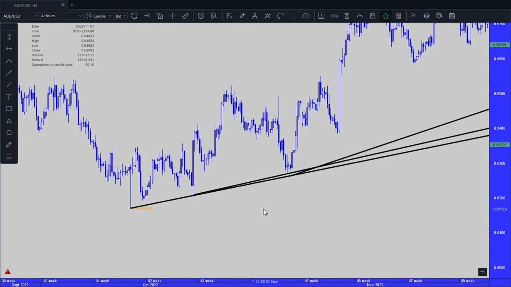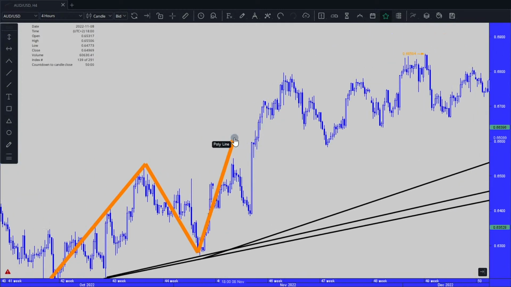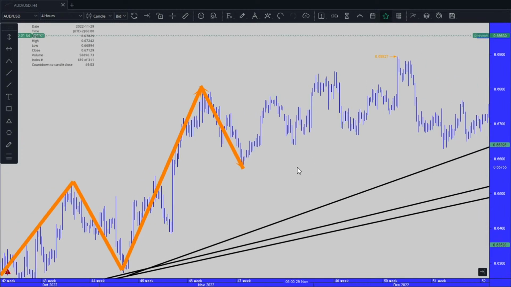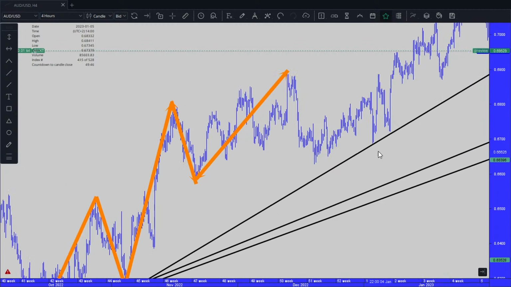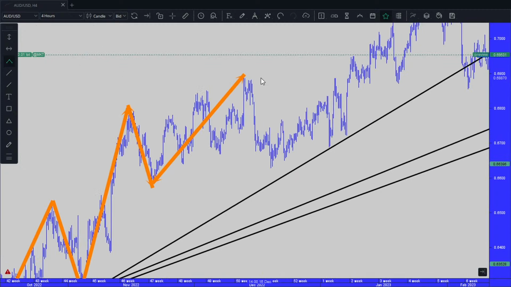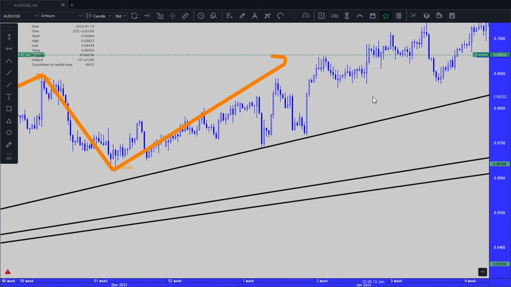So, the first retracement was extension, retracement must be a higher high, extension, retracement, extension, and retracement must be a higher high, extension. I believe we are done, right? No, not yet. Extension, retracement, extension, retracement must be a higher high. Let's see in here, everybody.